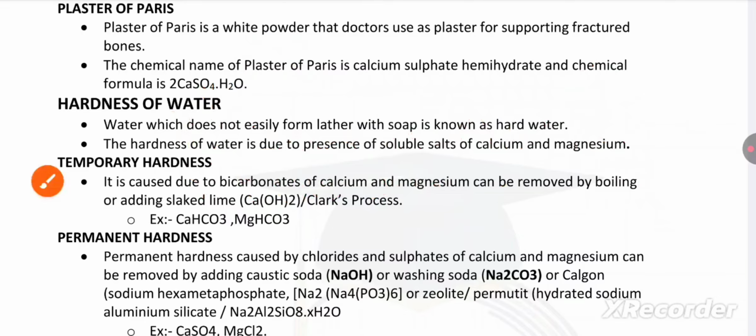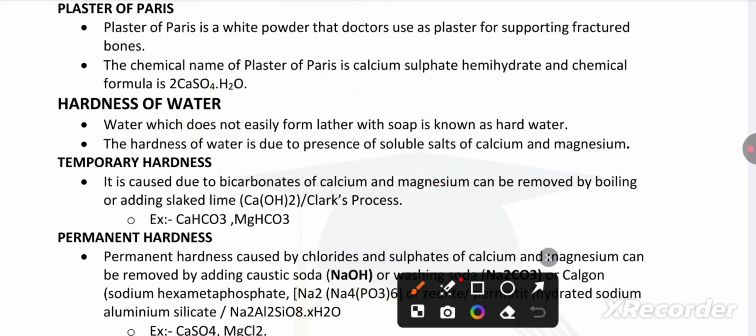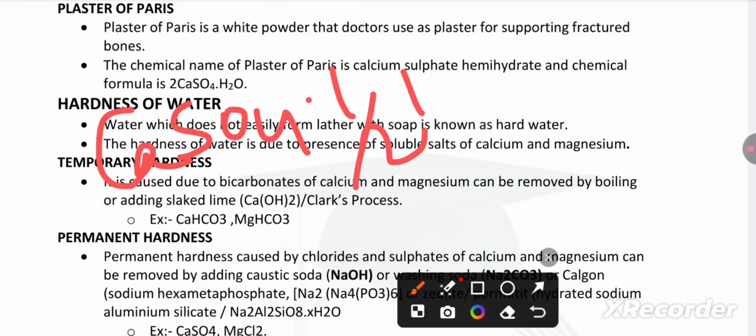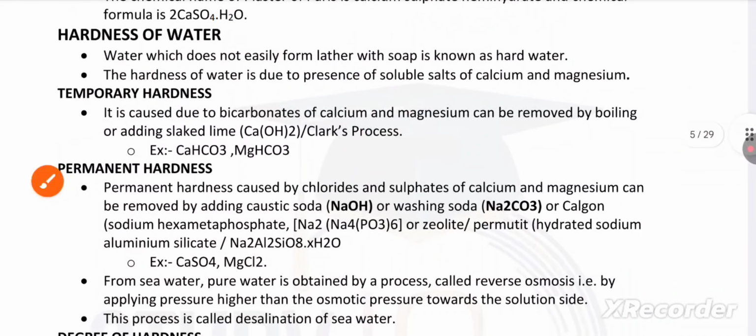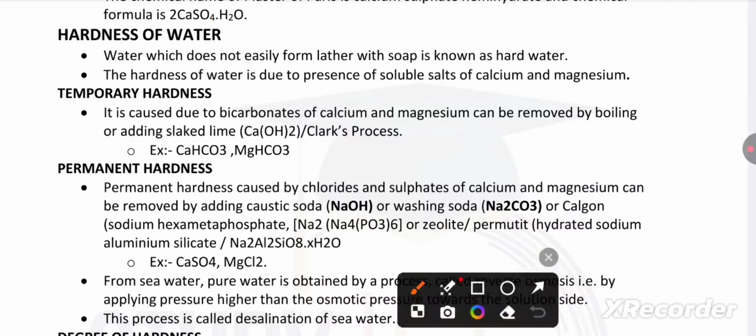When we see the word plaster of Paris, we can get calcium sulfate hemihydrate. Okay, that's it. Hardness of water, important concept: